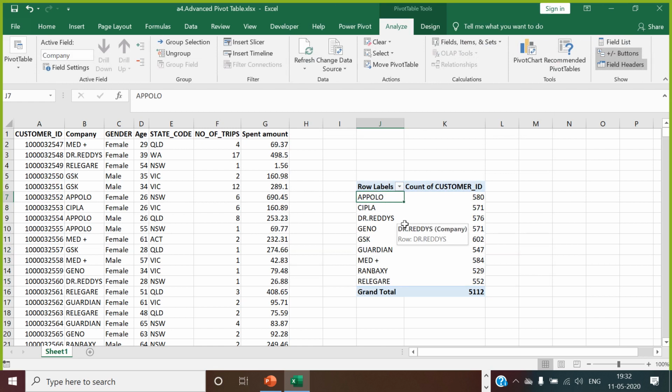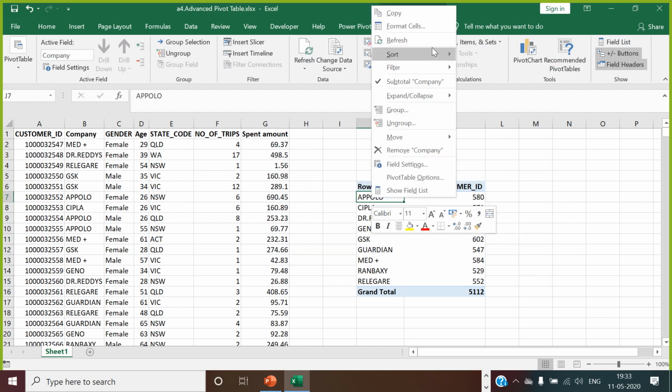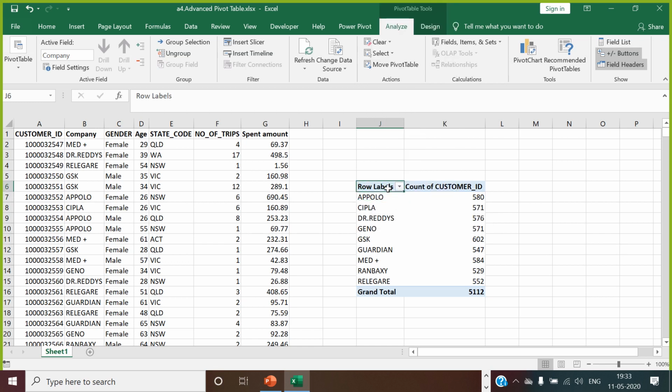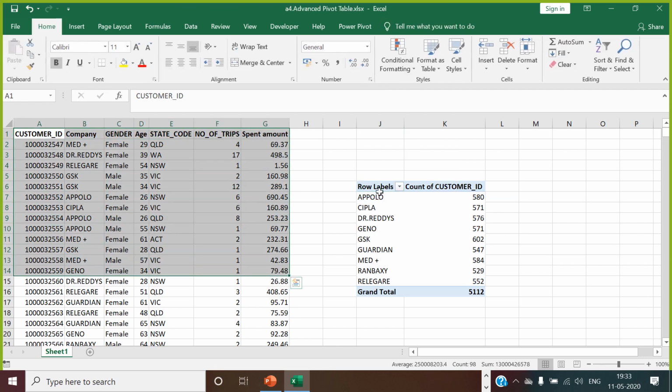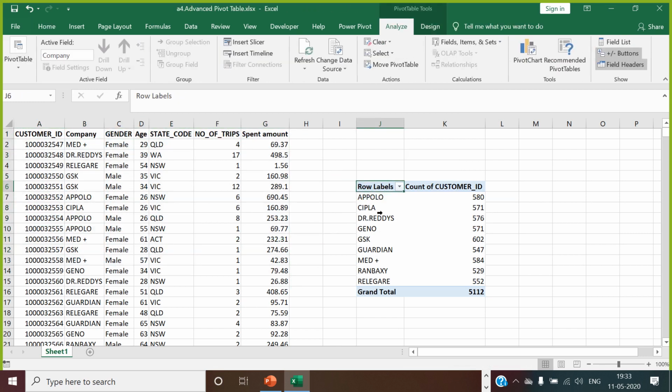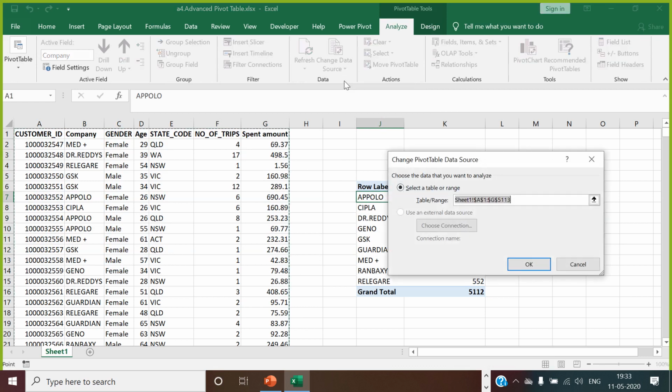Okay, now you have an option which says how to go for refresh data. What do you mean by refresh data? When you create the pivot table, the pivot is connected to the source file of the data. How do you know which source file is connected to this pivot table? You can always select the pivot, go to analyze, you have something called change data source. In the change data source, it shows the data that has been selected, which area the data is coming from.